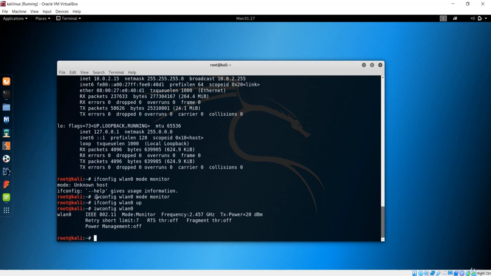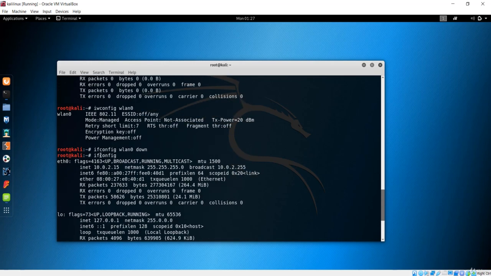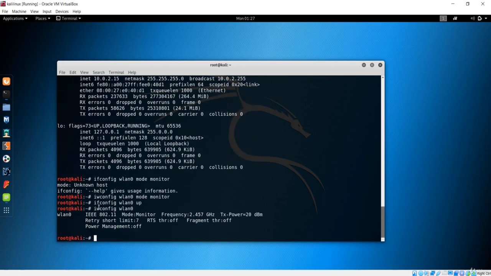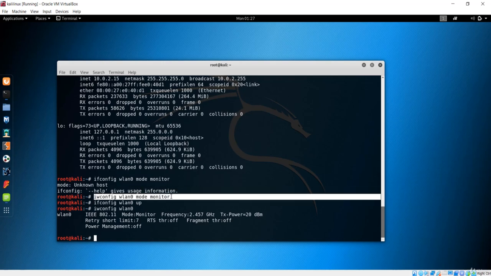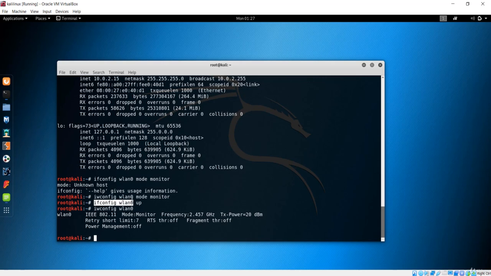First of all, we made use of this command which removes our wlan0 interface. Next we used the iwconfig command to change the mode to the monitor mode. We brought the network interface back up with this command, and after that we can see that wlan0 is in monitor mode. If you want the information of the network, or the information of the clients connected to that network range, you will do that with the airodump-ng application, and this is the application that will show you all the information of the client.